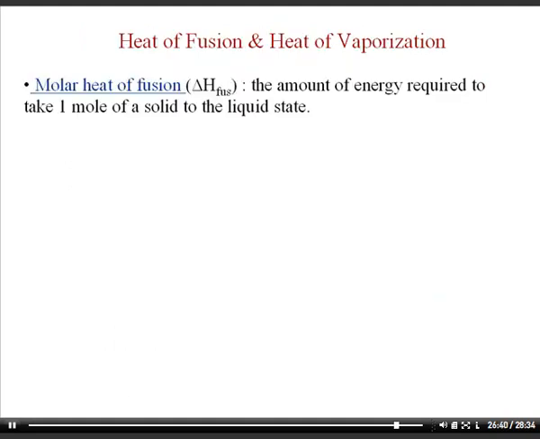Finally, on the last slide we have the heat of fusion and the heat of vaporization. The molar heat of fusion, called delta H sub FUS, is the amount of energy required to take 1 mole of a solid and change it to liquid. So basically you're melting it. The delta H fusion, or the delta H to melt ice, is 6.01 kilojoules, and that would be 1 mole